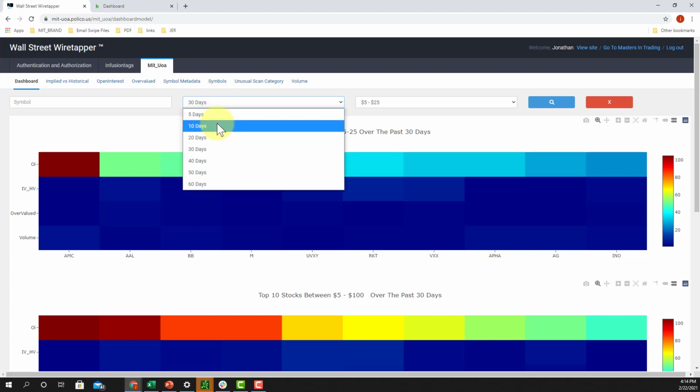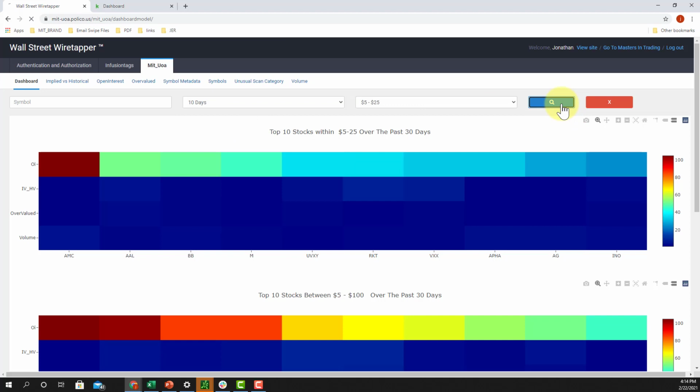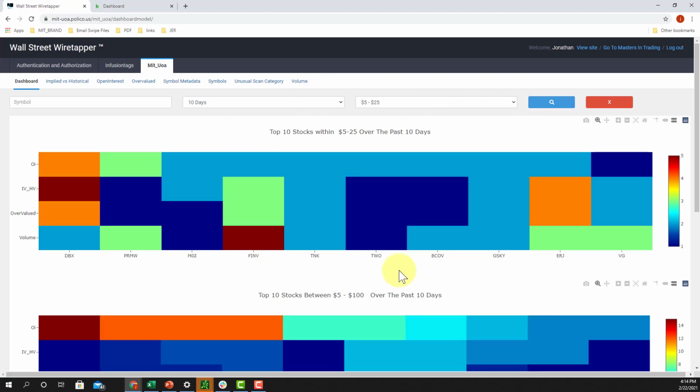Since we just released this dashboard over the weekend, I wanted to show what this tool really could do. So I went short term, 10 days. Here are the names. Went through each one. One of them that I recommended, ERJ. ERJ is one of the top 10 stocks out of all the stocks that are available to trade options that are priced between $5 to $25 that have seen unusual options activity